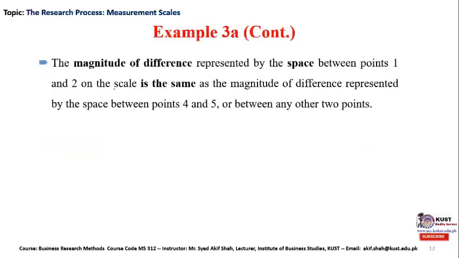So we can see that the magnitude of difference represented by the space between points 1 and 2 on the scale is the same as the magnitude of difference represented by the space between points 4 and 5, and vice versa. So a particular magnitude of difference of agreement and disagreement exists according to the scale of 1 to 5,